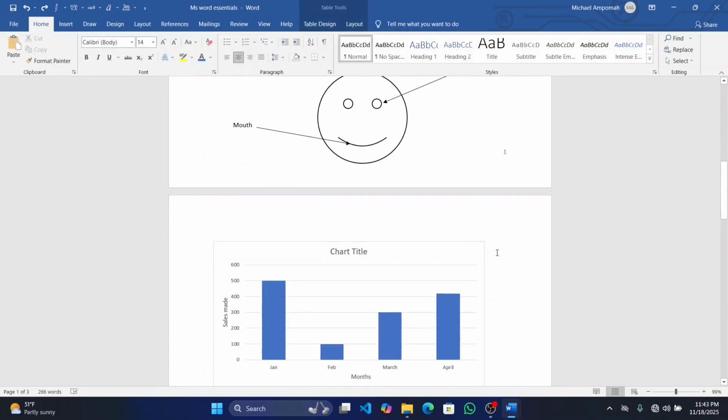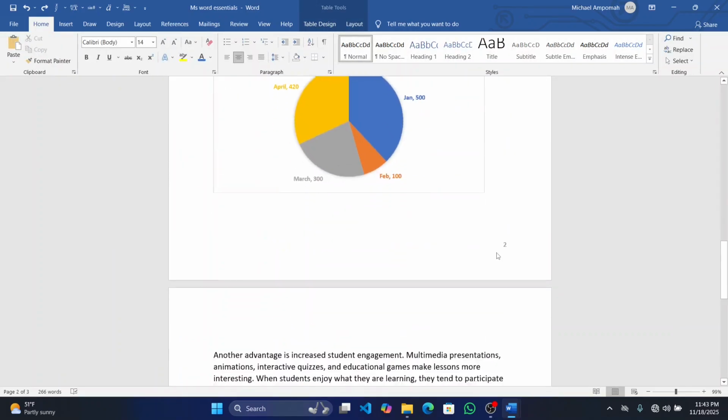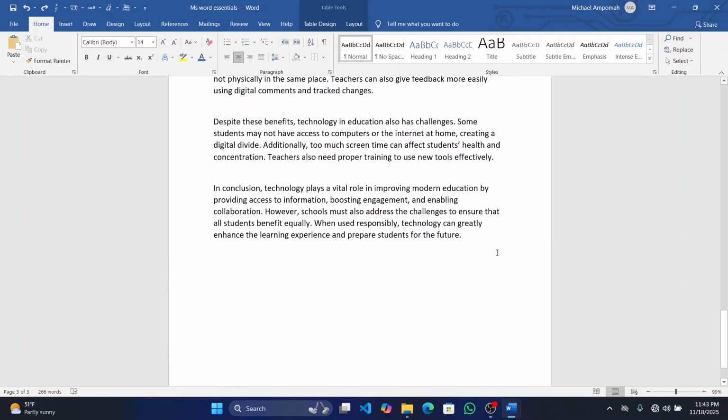So now we're going to look at inserting the table of content. That is the last thing we are going to look at in this short masterclass. So inserting a table of content, you're going to need what we call headings, right? Headings. So basically, let's say